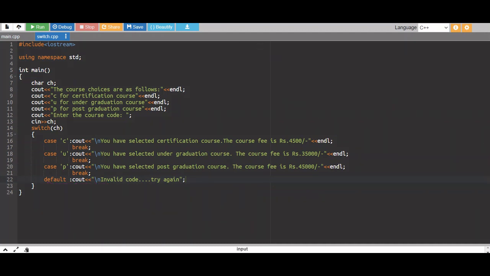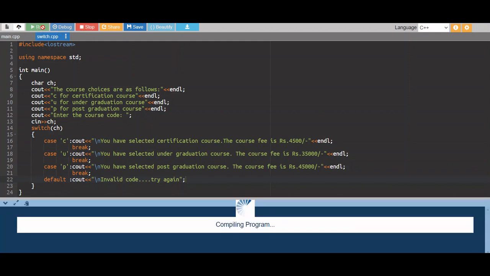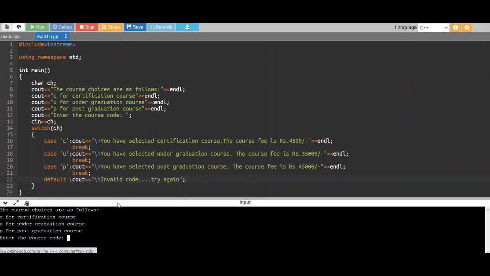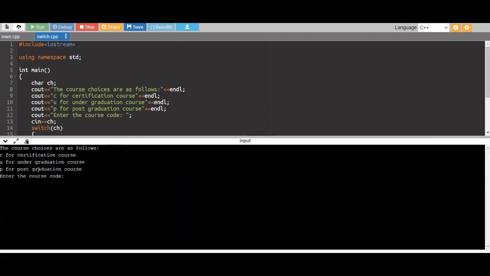Now let us run this program. When I run this program, these are the text messages, whatever I've given in the cout statement, and I will enter C as my course code.